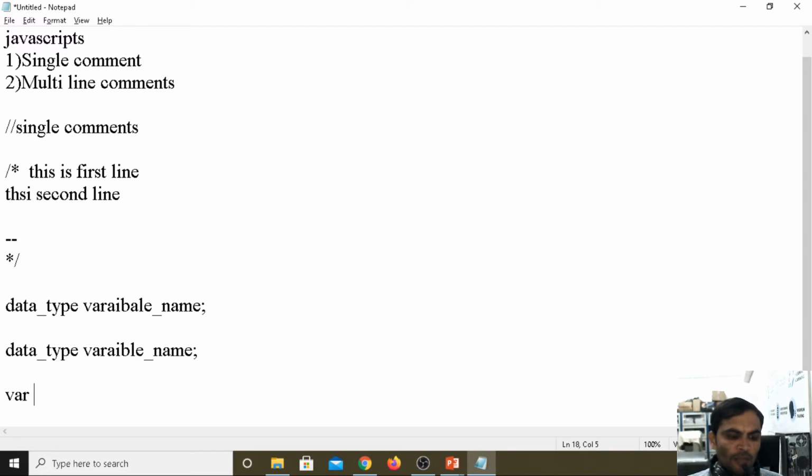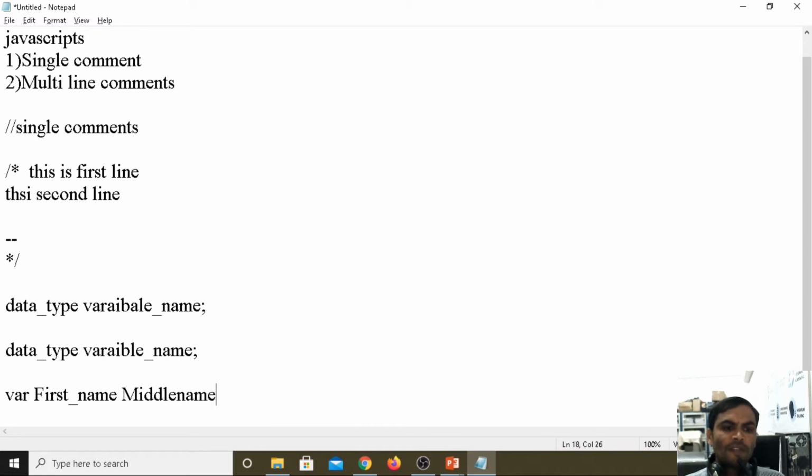For example, var followed by a variable name; the name may be in lowercase or uppercase, your wish. Say the variable name is name, and var is the data type. In place of the variable name, we cannot give two words separated by a space, like first name, middle name, last name. It will not work.